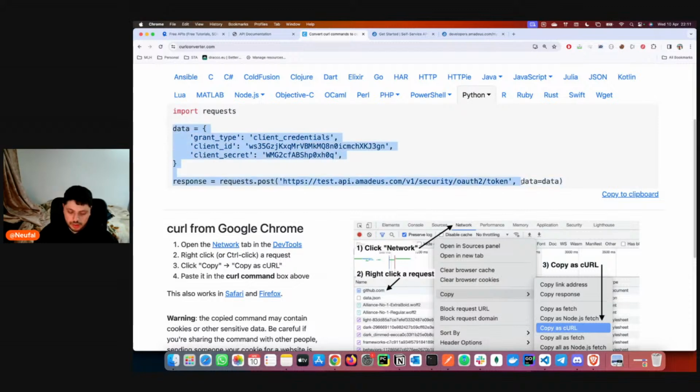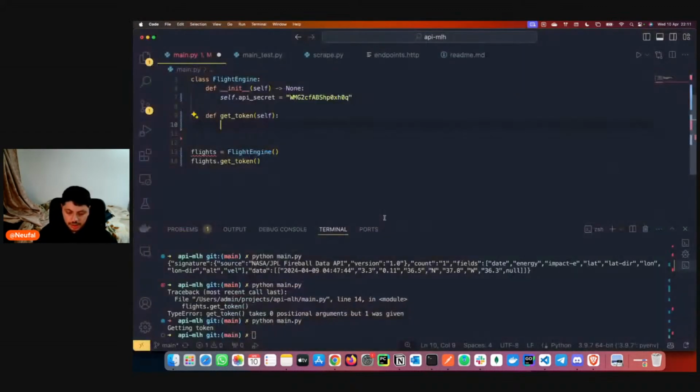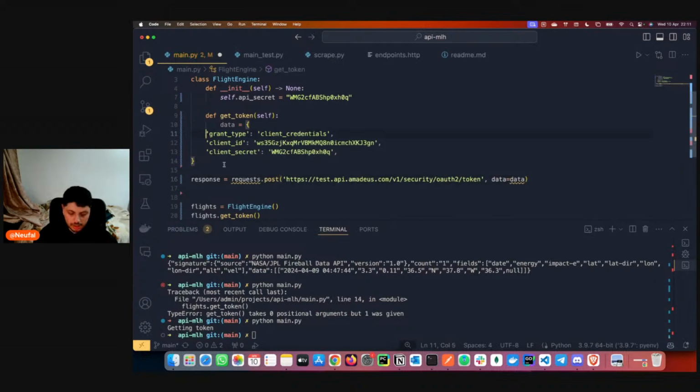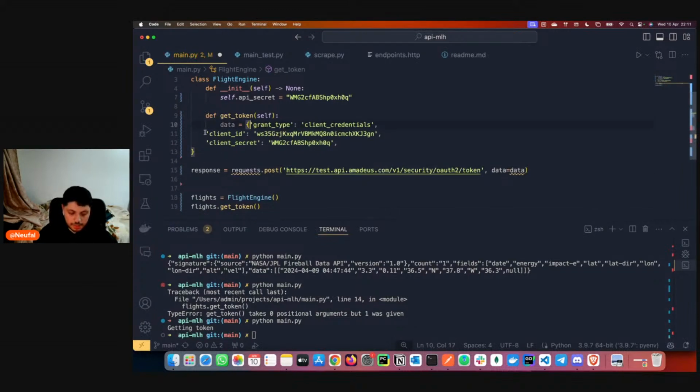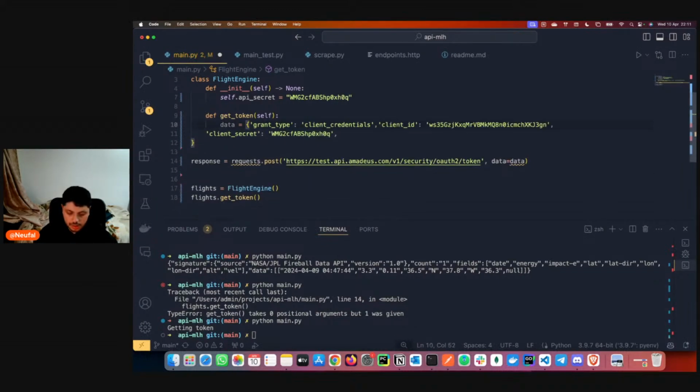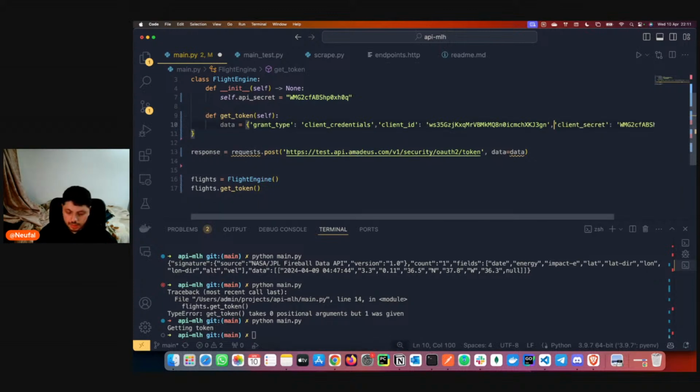Without the import even. We have the data here. So we will need to change this.